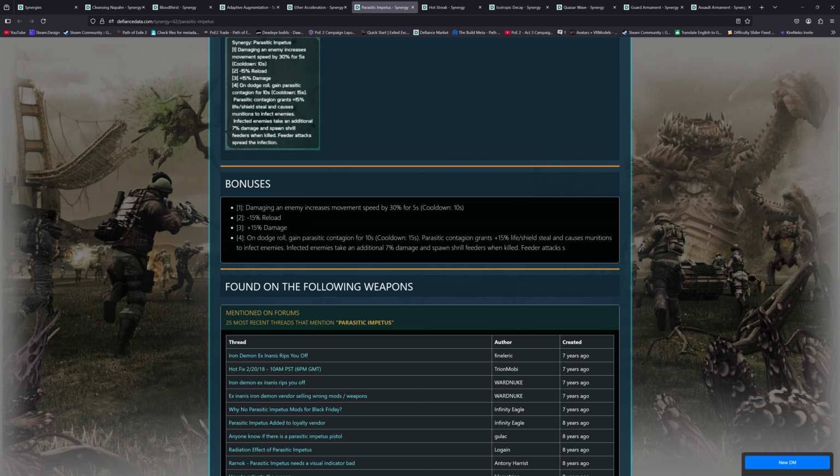This is an insane amount. You will never die when this is active. And right here, enemies take an additional 7% damage. So 15% personal damage, 15% reload, like near constant 30% movement speed, 7% damage for the whole team, and this